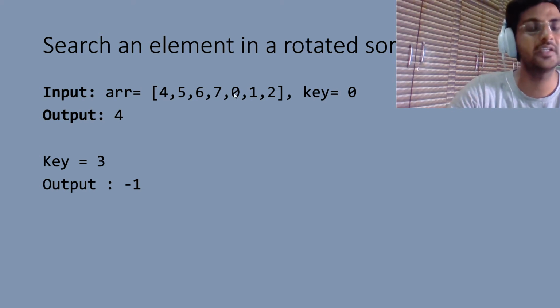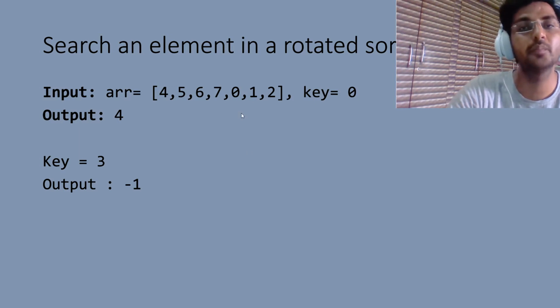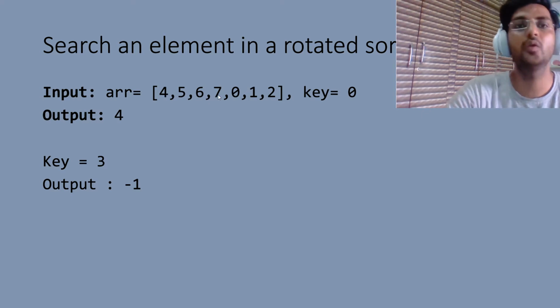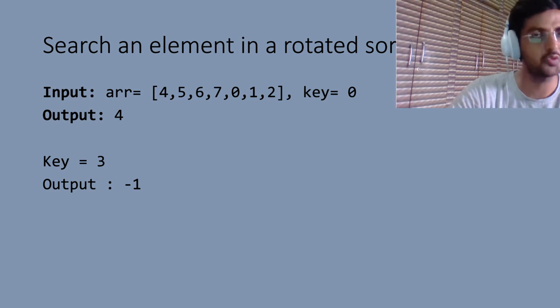So there is one observation I'm seeing. I just need to apply searching. I know if the array is sorted, I can apply binary search and easily do the searching in log n time. But here there is one problem: it is not sorted. It is sorted but in a rotated way. So we need to modify our binary search in such a way that it takes care of which side we need to search, this side 0 1 2 or 4 5 6 7. This is the only logic we need to think about.